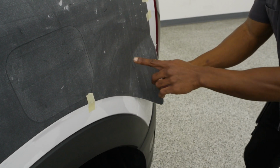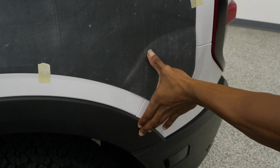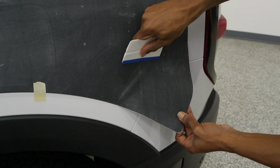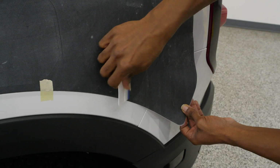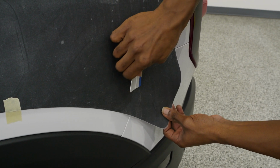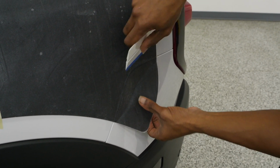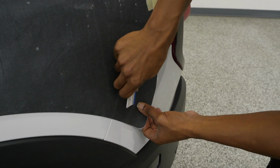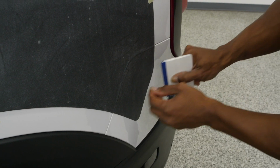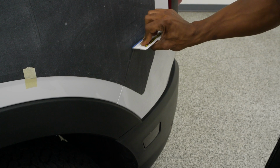Now this is a little bit of an awkward spot. I don't know if you guys can see where it's kind of bowing right here, and there's a little bit of tension. That is totally fine. You do want to work slowly and patiently through here. You don't want to try and rush that. You could get a buckle from that vinyl. So we're just going to take our time and work it down into there, because the body does somewhat change shape right there. And this is why we keep our mask on until everything is down